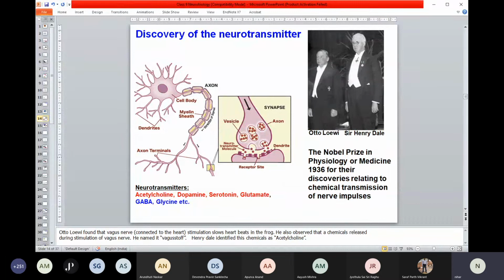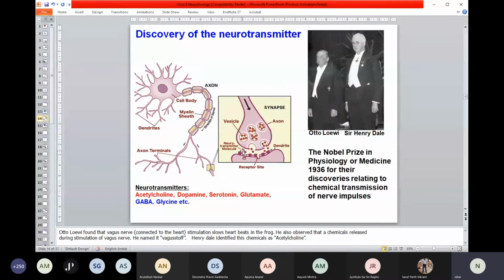So what I told is how the nerve impulse generates and then travels from one part to another. If it generates somewhere in the dendrites, it will go to the end part of the neuron through the axon. But the problem comes if there is a gap. If one neuron is connected with another neuron by a small gap, that's called the synapse, then the question comes: how can the information go across that gap? In other words, how can the information from one neuron go to the other neuron through this gap?